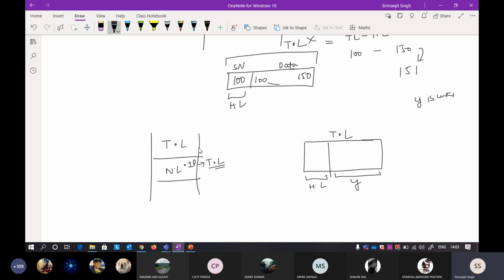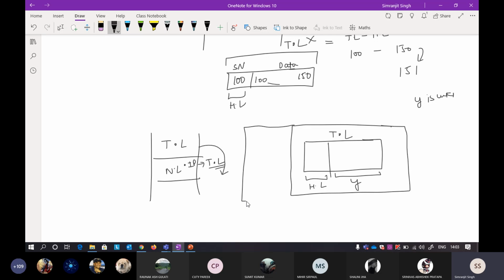When this transport layer segment is given to the network layer, the network layer will take this packet and put its own header. So IP will put its own header. This will be the header length here. This is the transport layer segment, and this whole thing is the IP datagram.